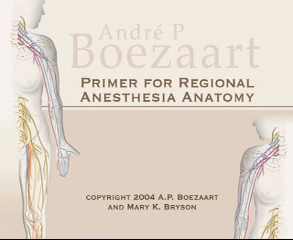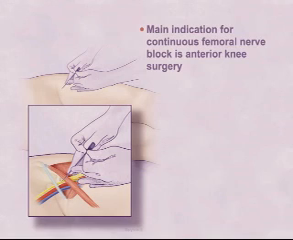Before the continuous femoral nerve block is studied, it is advisable to study the appropriate essential anatomy as outlined in the Primer of Regional Anesthesia Anatomy. The main indication for continuous femoral nerve block is anterior knee surgery, such as anterior cruciate ligament repair and total